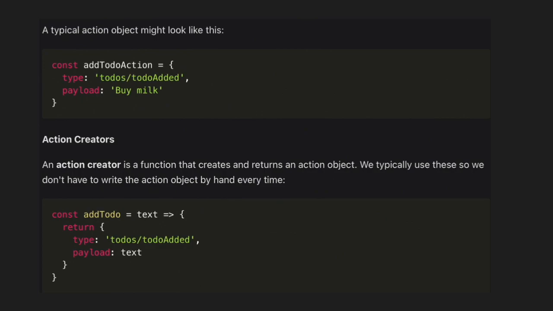An action is a plain JavaScript object that has a type field. You can think of an action as an event that describes something that happens in the application. The type field should be a string that gives this action a descriptive name, like todo or todoAdded. We usually write that type string like domain and event name,